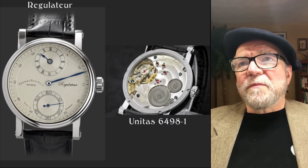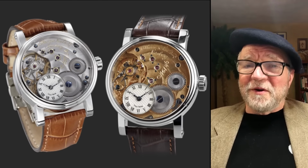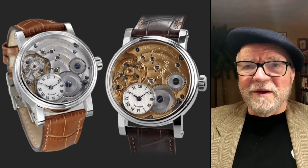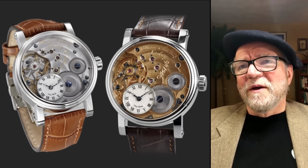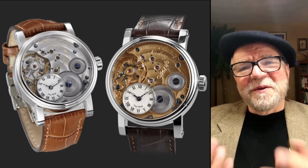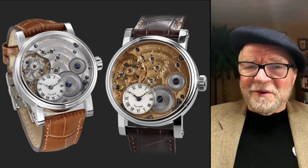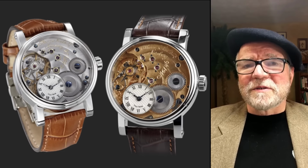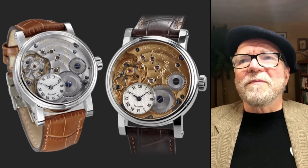This last one is really a very interesting piece. It's called the Vice Versa. We can tell where the crown is. Those are simply two different styles. My goodness, it looks like a gold base to the one on the right. I thought that somebody else had done that. It was Beauvais. That's what I was thinking. No, these are two different styles of the same watch called the Vice Versa. Okay, well,